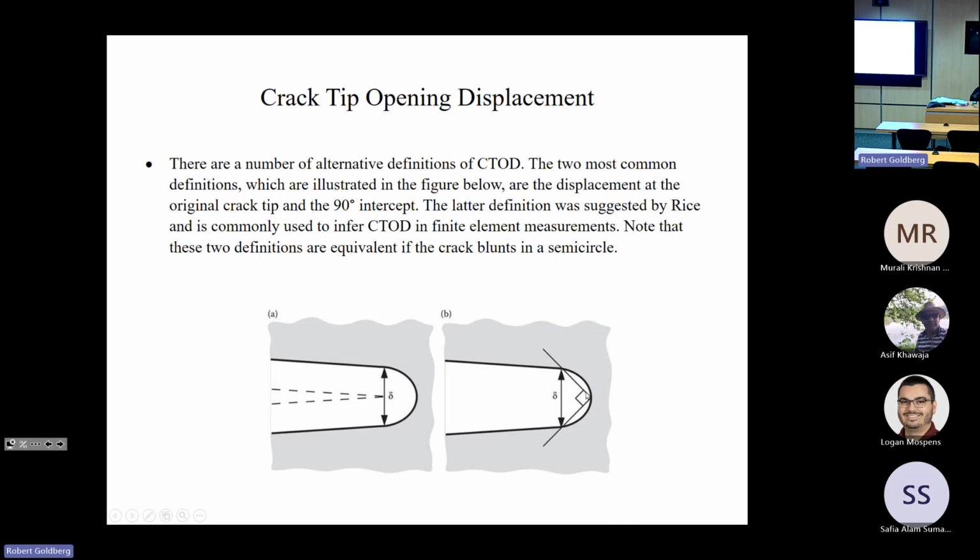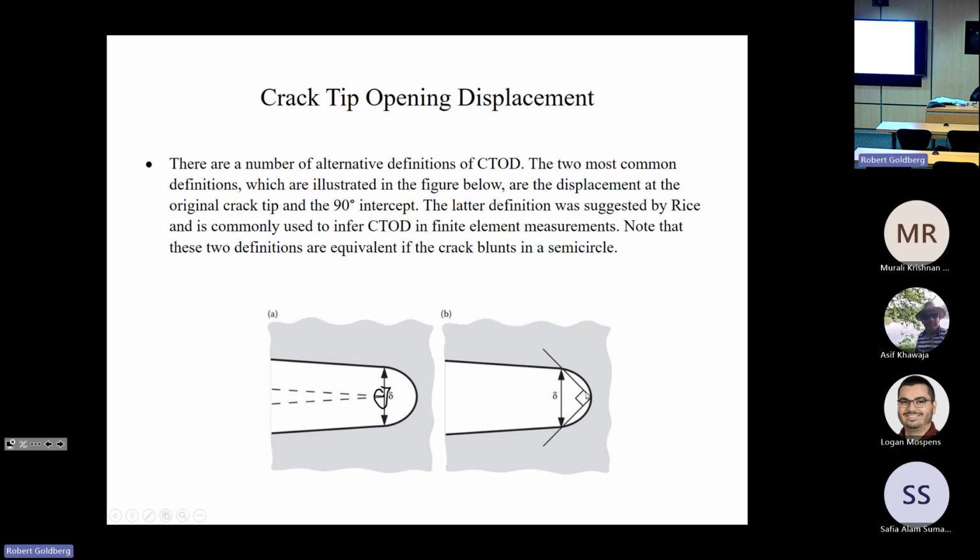First, you have the original crack tip, where your original crack tip was just a sharp crack. You measure once you apply more load and it goes plastic, you get this blunting of the tip. So you measure the crack tip opening displacement at the point of where your original sharp crack